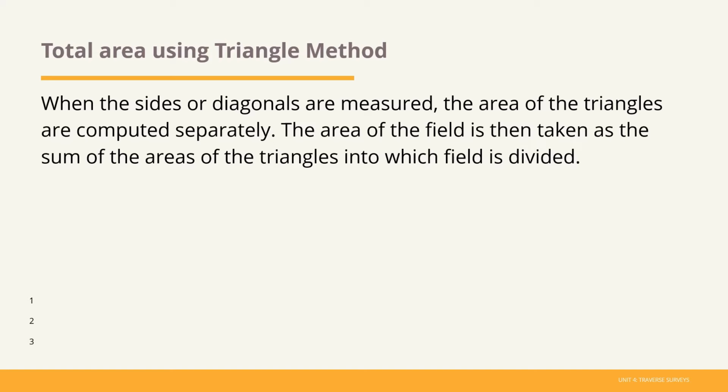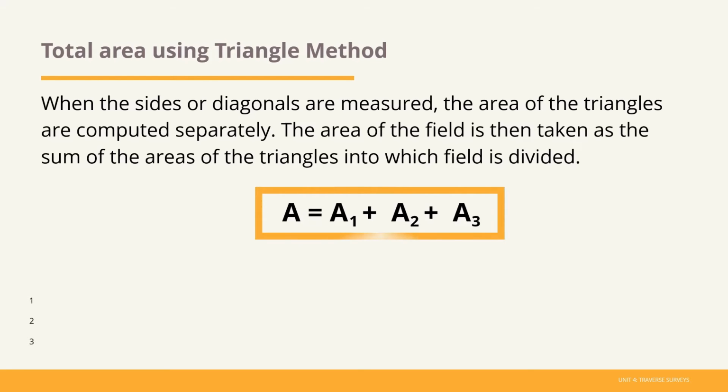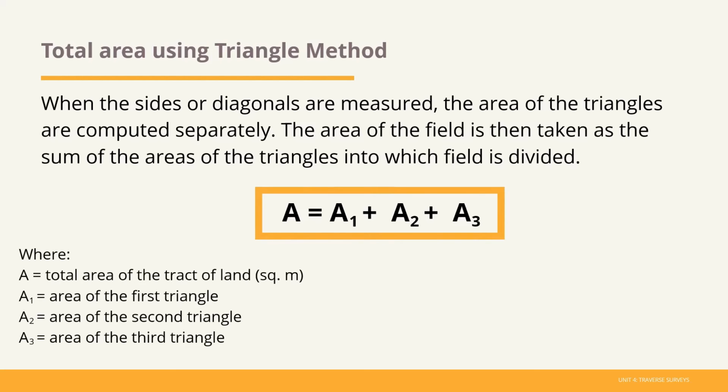The area of any field in the shape of a geometric figure can be found by dividing it into a series of triangles. When the sides or diagonals are measured, the areas of the triangles are computed separately. The area of the field is then taken as the sum of the areas of the triangles into which the field is divided. With the formula A = A₁ + A₂ + A₃